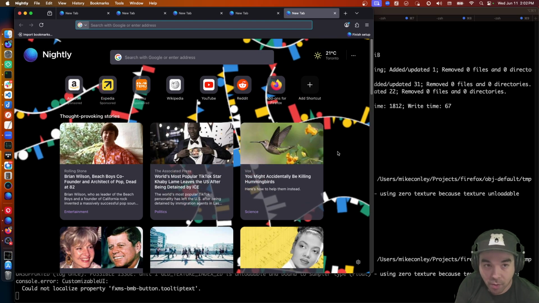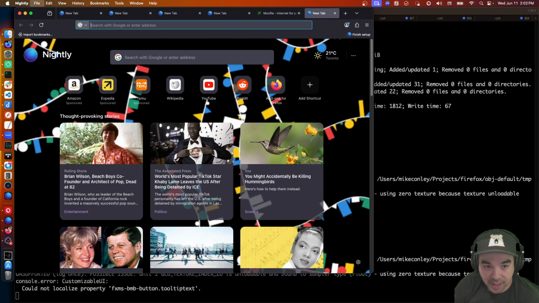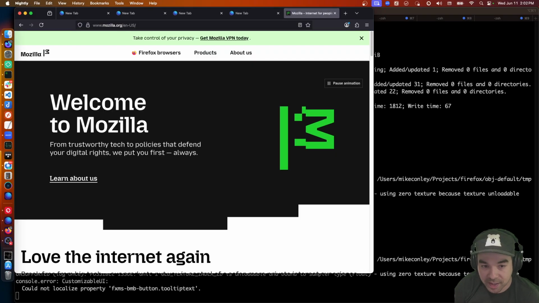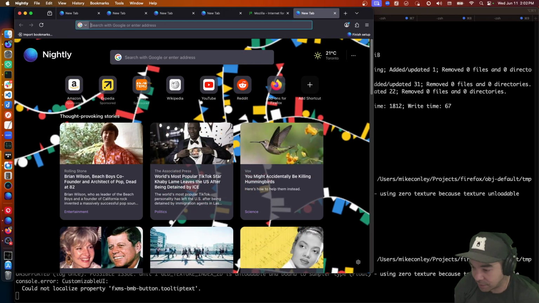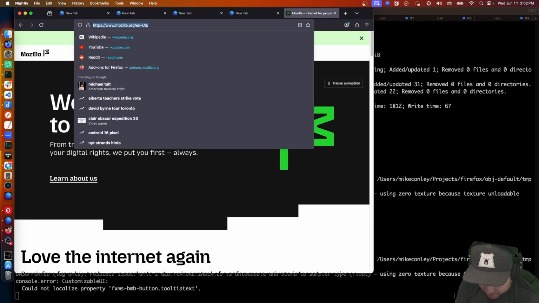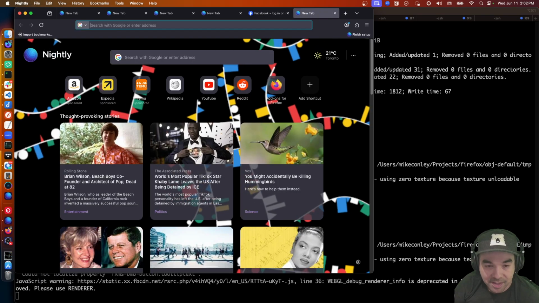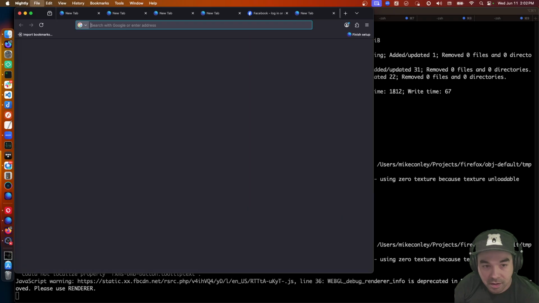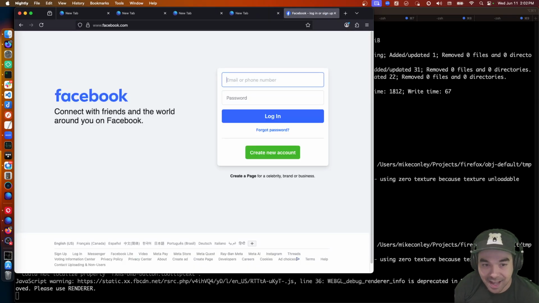But this is the point I wanted to make: if you go from, say, mozilla.org and then hit Control T, it is much less jarring. The context switch is so huge that you don't actually see the flicker. Or if you're at, what's another important website? Facebook? Yeah, that seems instantaneous. It's really only when you're opening a new tab on top of a new tab that you see it. And maybe that's just an edge case.